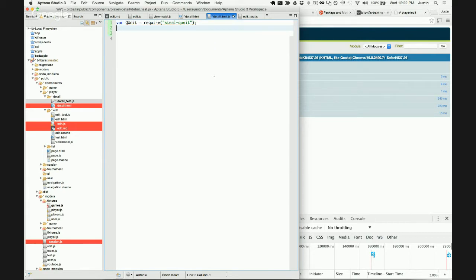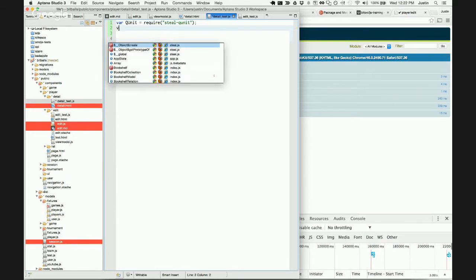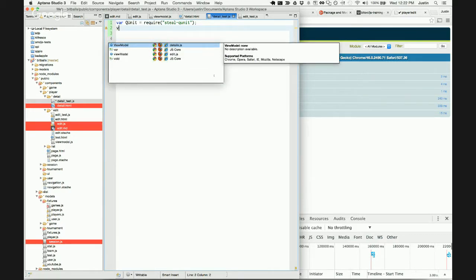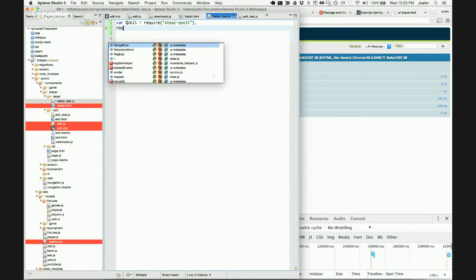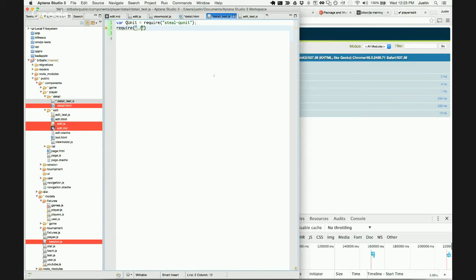It essentially waits for all tests to be done. And then I need to import my component. So I'm going to, I don't really need to, I can just require detail, which we haven't created yet. And then I am going to get just can, I need stash probably. Well, if I'm going to test its view model